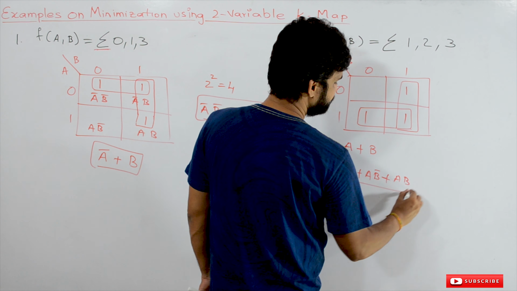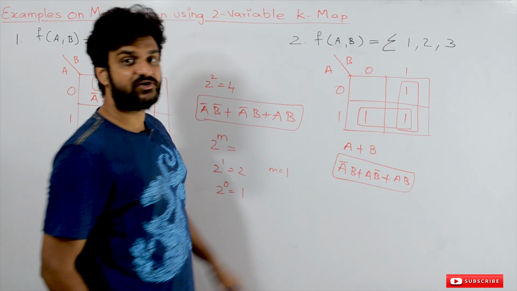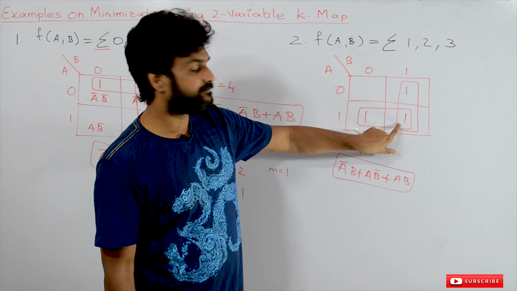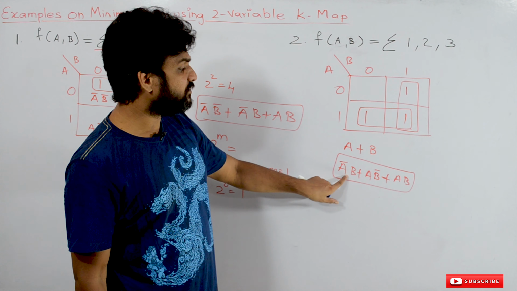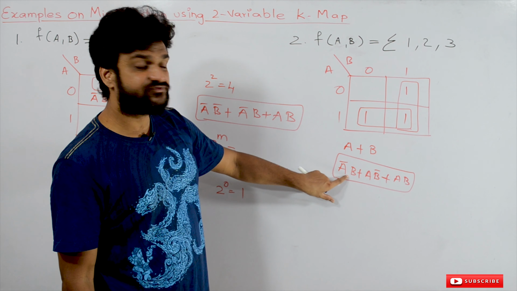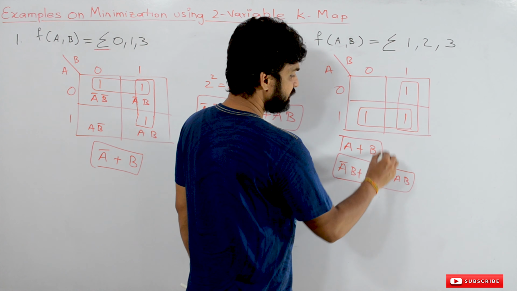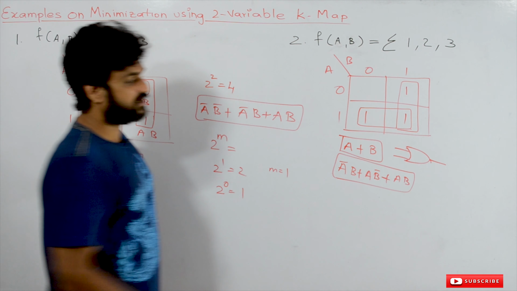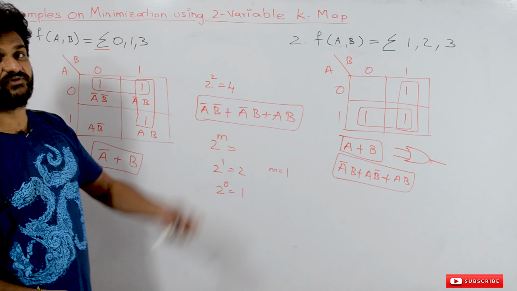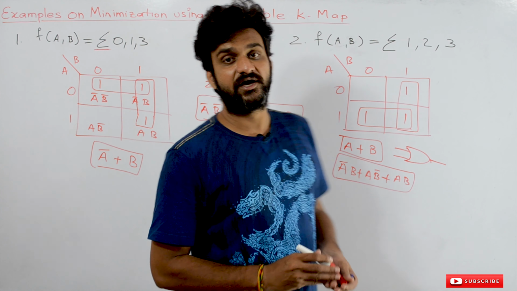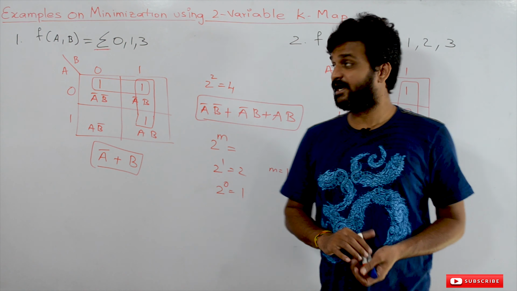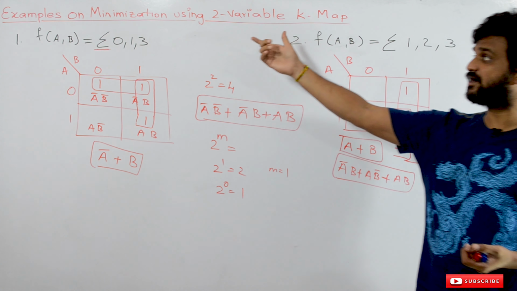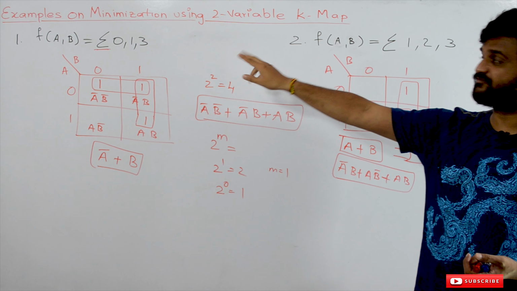So what is this function? This function is the OR function. The value is true at 1, 2 and 3, which means that this is an OR function, and if you reduce this function, we come up with A or B, which is the same as that of an OR gate. So this is how we can reduce the given Boolean expressions into minimized expressions, and these are the examples in which we have minimized a two variable function.